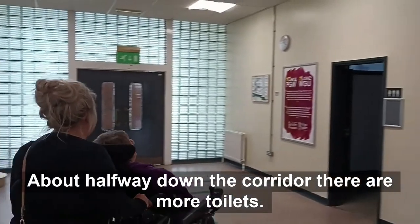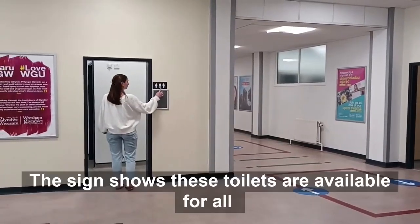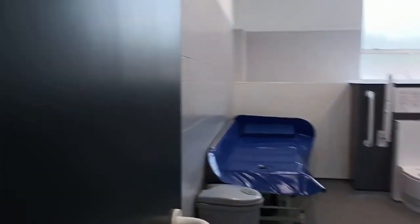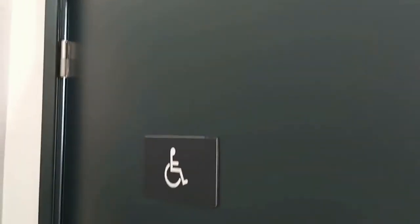About halfway down the corridor, there are more toilets. The sign shows these toilets are available for all. There is a state-of-the-art changing places bathroom,